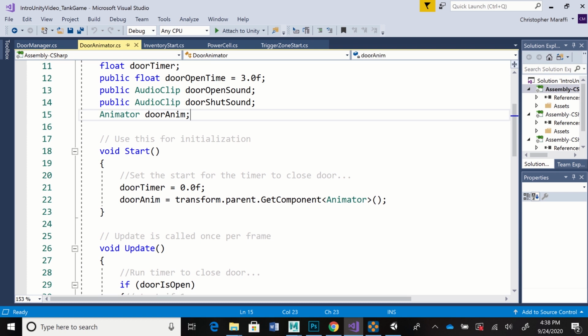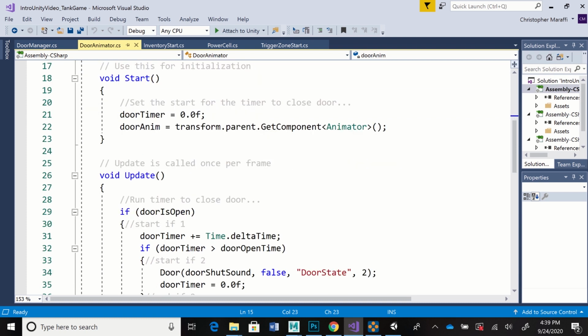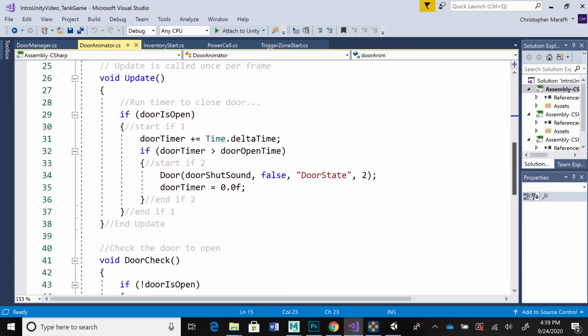anim variable. So this variable wasn't in the door manager script. It's a new one, animator door anim. And that's creating a variable that will contain an animator. And then here inside of start, I'm actually finding that animator on the parent node of the object that this script is on and putting it into the door anim variable. And then